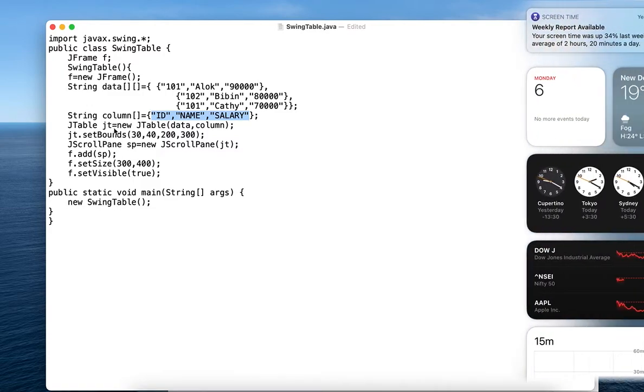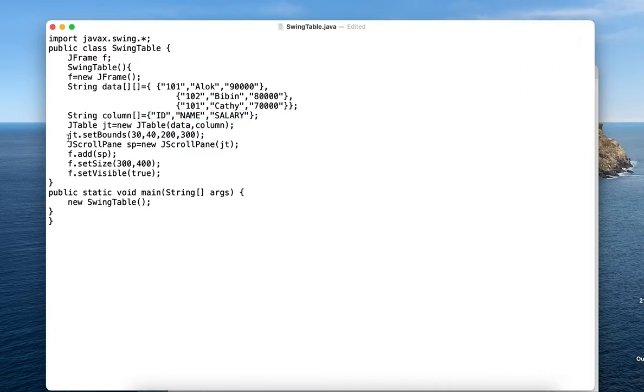Then we will be setting the bounds of this particular table, which is 30, 40, 200 and 200. Essentially this is the x and y position, as well as the width and height of the table. We will also associate a scroll pane here, so that if the table is a big one, we will be able to scroll through the pane. We all know what a scroller is. In order to implement that scroller, we will simply pass the instance of the table